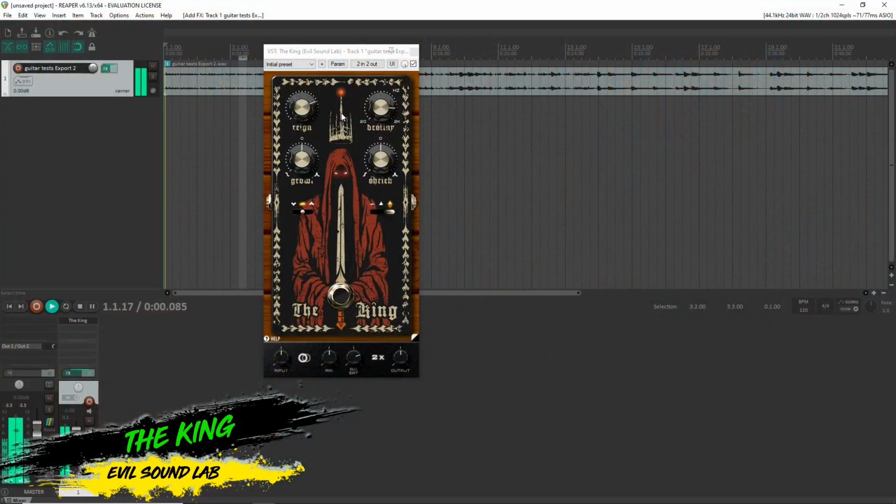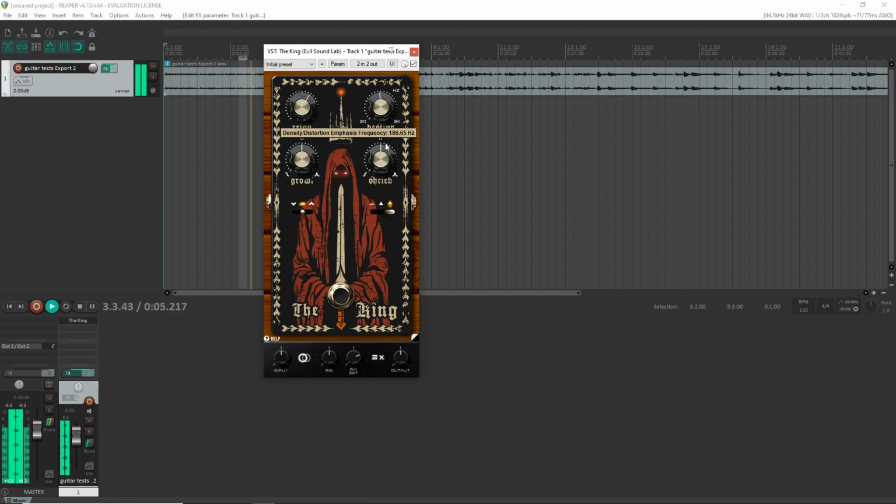Next on the list is the King guitar pedal from Evil Sound Lab. At first glance, it may look like a fairly simple guitar pedal style plugin, but they've actually packed this with some unique features that gives you tones that are based on sound design and mixing approaches. You can actually just go from this plugin directly into a cabinet sim with no need for an amp sim plugin in between. The focus is really on high-gain guitar sounds with this one. So if that's something that you're after, grab the King guitar pedal plugin, slap a cabinet sim after it or an IR loader, and have some fun. The King is available on Windows only.